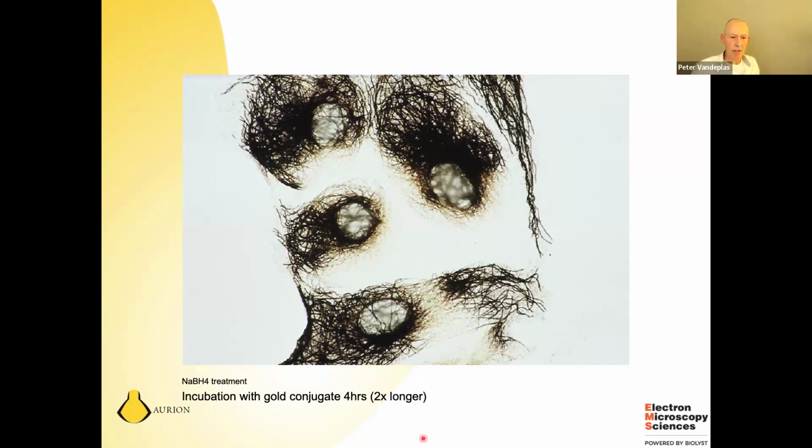So to get sufficient penetration into your specimen, in general with pre-embedding, the incubation time with your primary, but certainly also with your ultra-small gold reagent, is long. With cells, 4 hours is the minimum. With vibrotome sections, for instance, an overnight incubation is something that you need to get full penetration into the interior